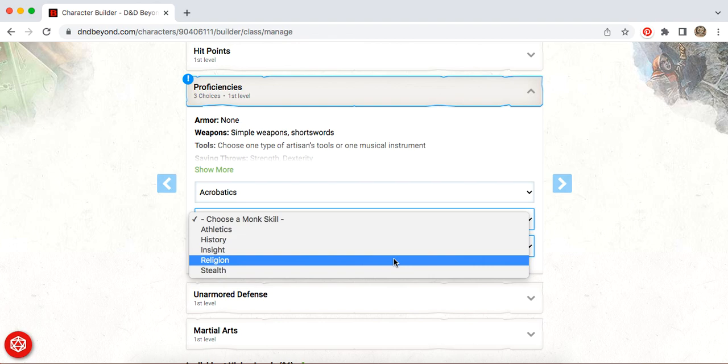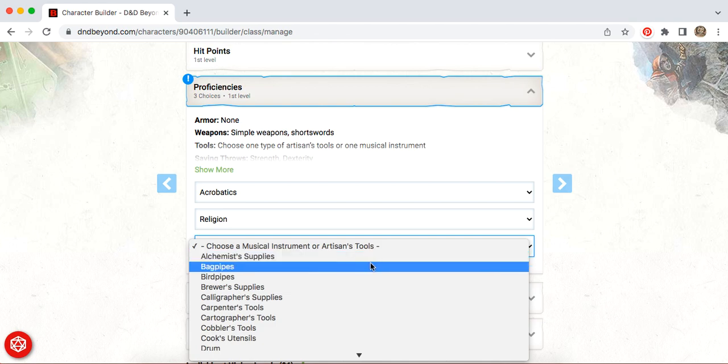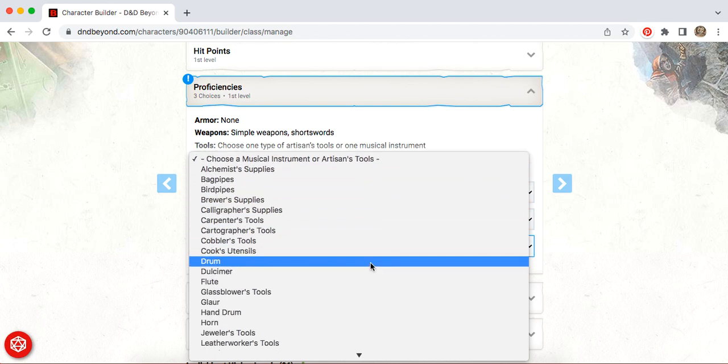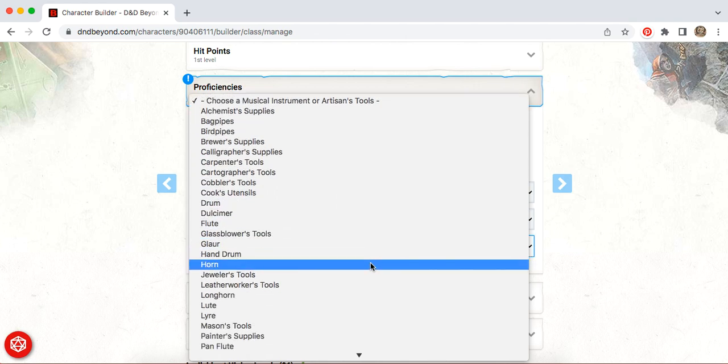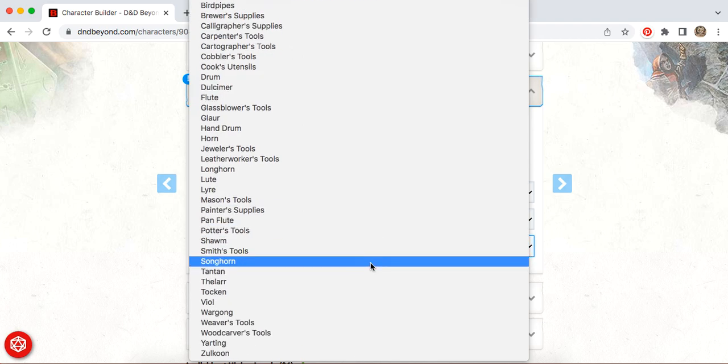And I'm going to go with religion because, like I said, a priestly monk, and a musical instrument or artisan's tools. I'm going to go with, let me see, these are things that I'm proficient in and that I have around. Let's see. Painter supplies.